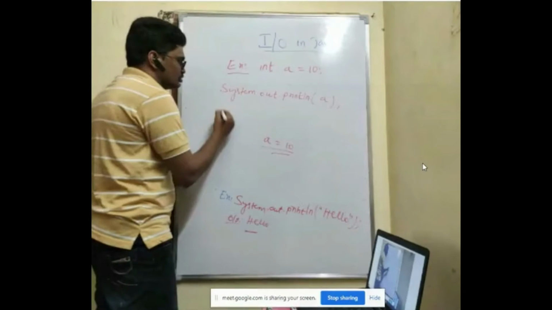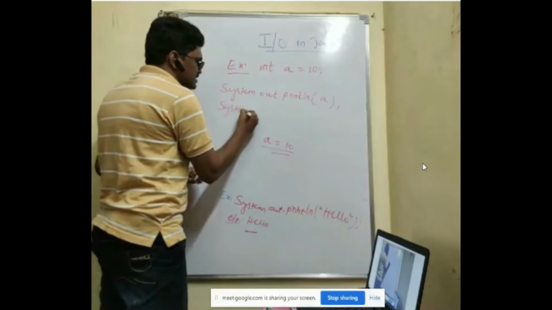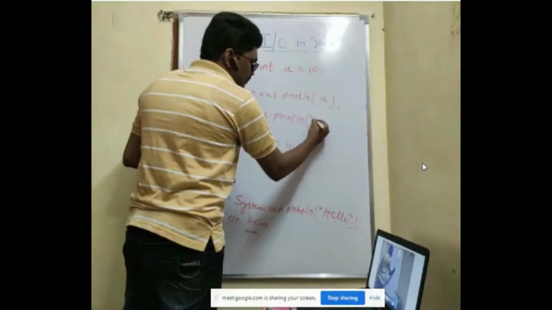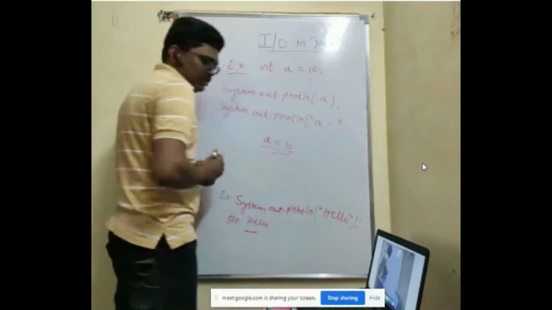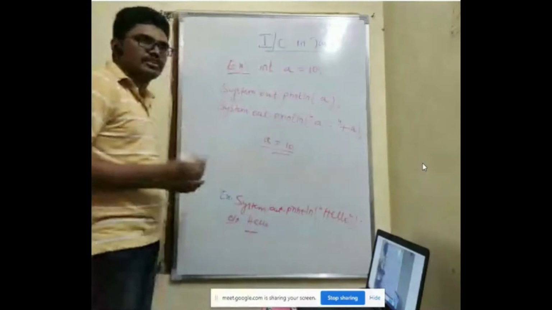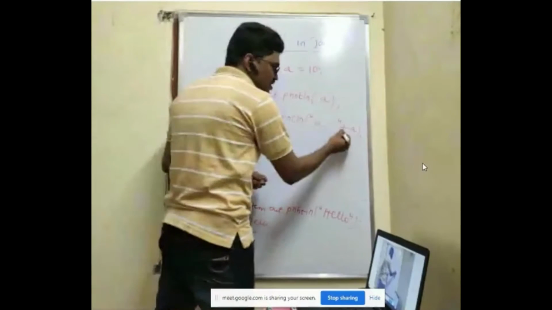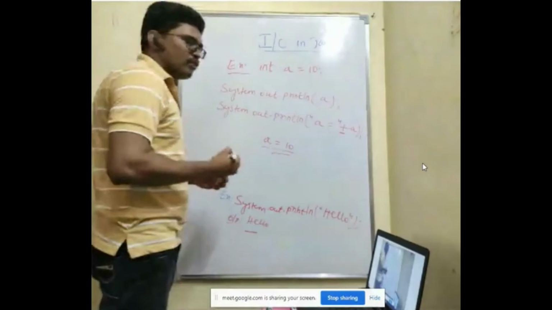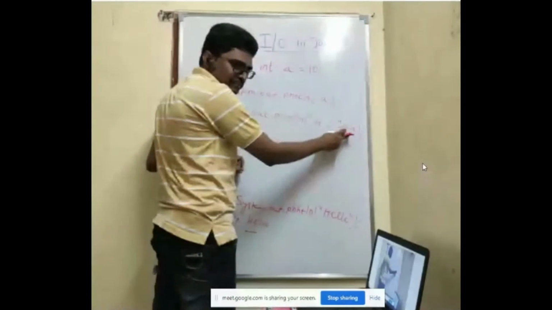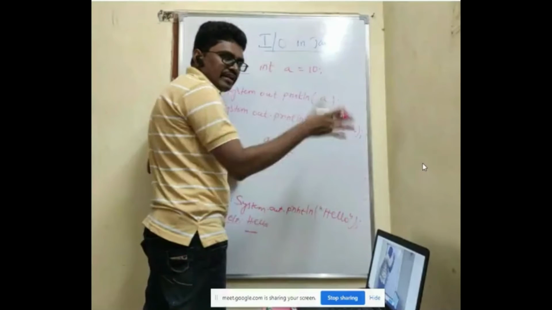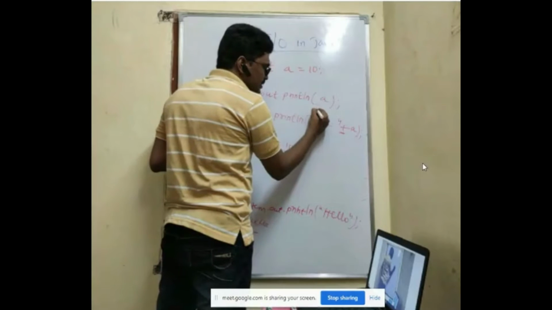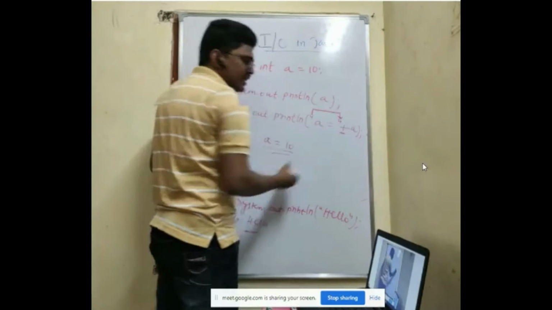In that case, what you have to do is System.out.println with double quotes, a =, and then a plus symbol and a. In C language you used a comma; here you have to use the plus symbol. Why? If you don't have double quotes, there is no need for the plus symbol; I gave the value directly and the value gets displayed. But whenever you give double quotes, the compiler starts with the first double quotes and will search for the ending double quotes.